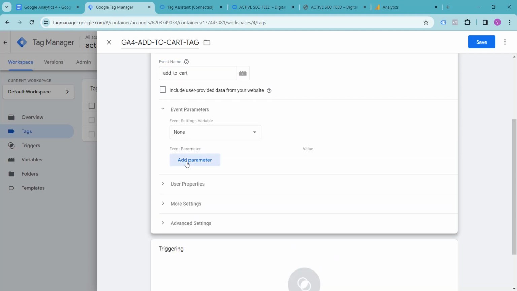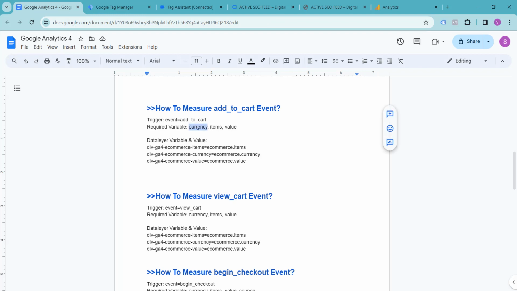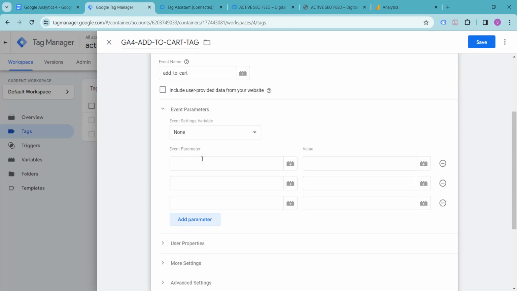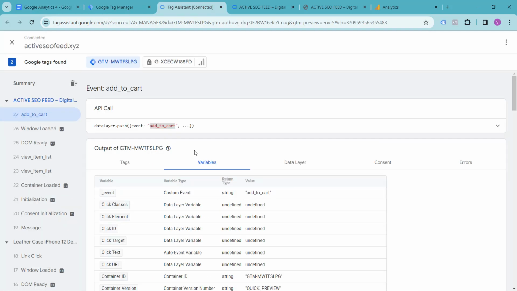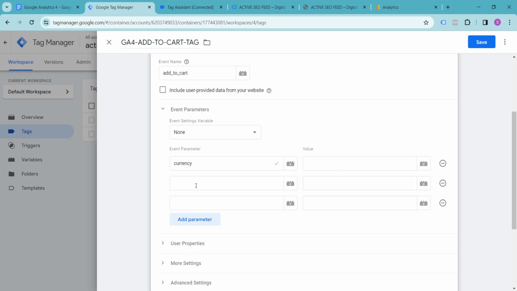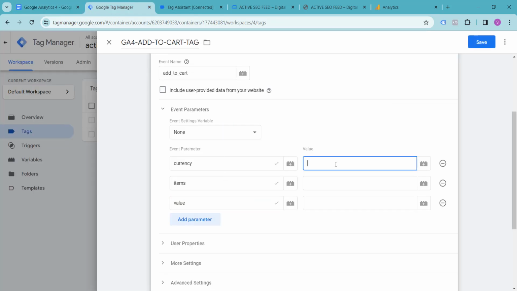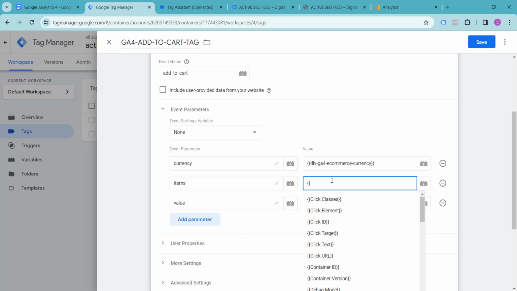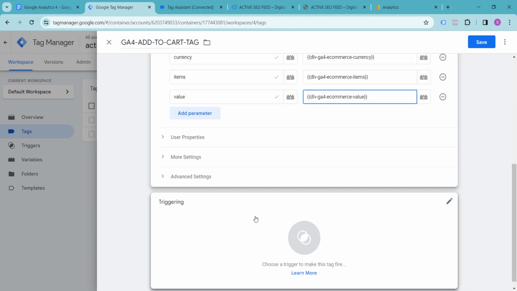And now event parameters, it asks for three parameters, that is currency, items, and the last one is value. And the value is DLV currency, DLV items, DLV value. Okay, and